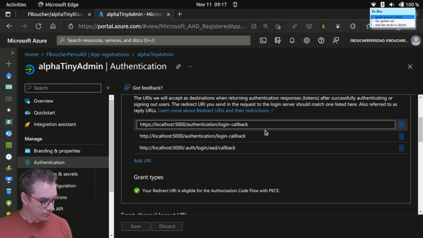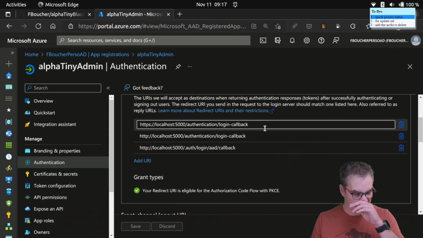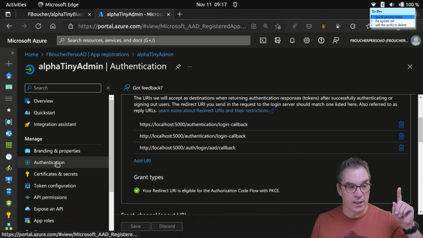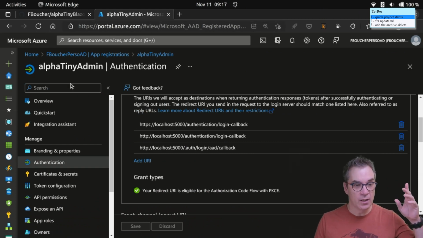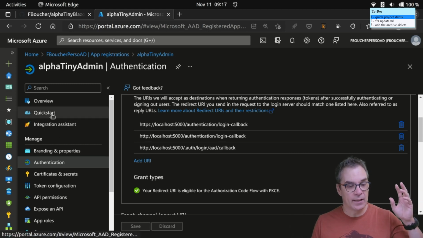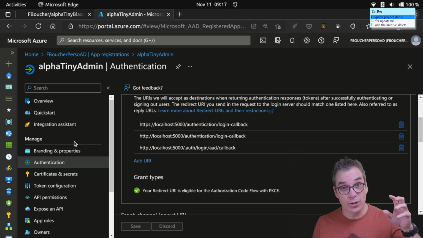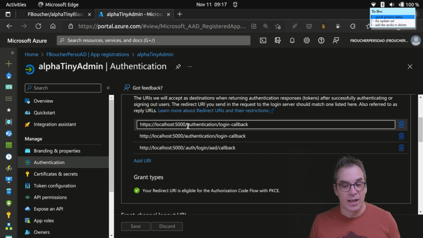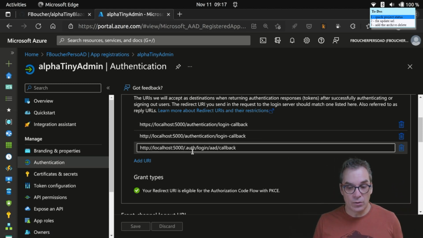So I'm going in my Azure portal, and I want to go to authentication. So I'm in the Azure portal, I went to my Azure Active Directory, and then I went to app registration, and then authentication, and those URLs here,